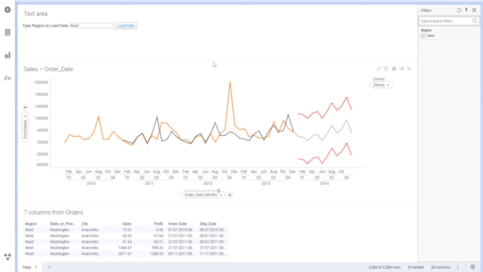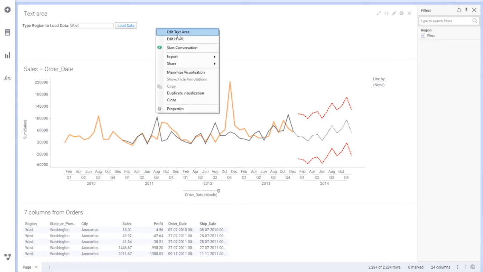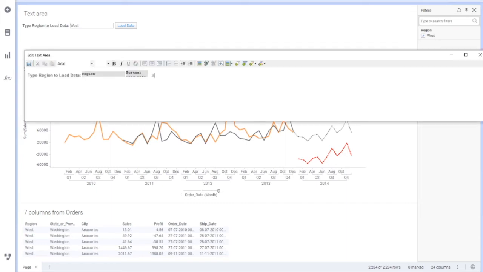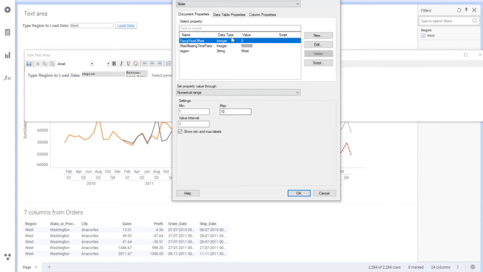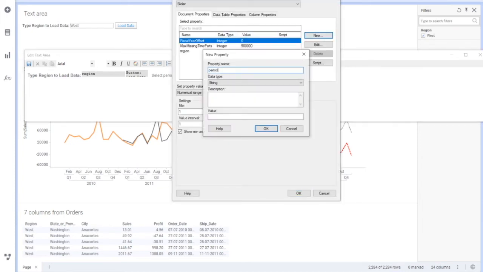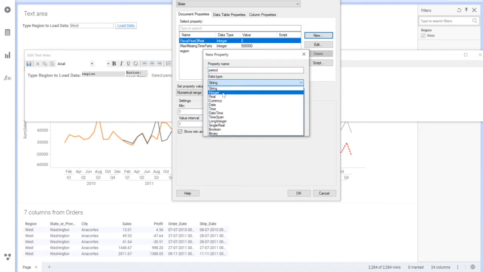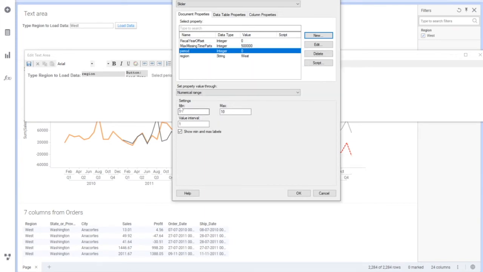So how can you do that, or how can users change this? For that, you just have to create a property control again. Let's say I'll say select period. Okay, so select period, and then I'll use a slider. I'll say period, say string, or I'll say as integer. Okay, value as 0, and the minimum value I'll make it 6, maximum I'll make it 60, and I'll say difference of 6. Okay, so min and max labels, if you want to show this, you can use it. Other than this, you don't have to put anything else.